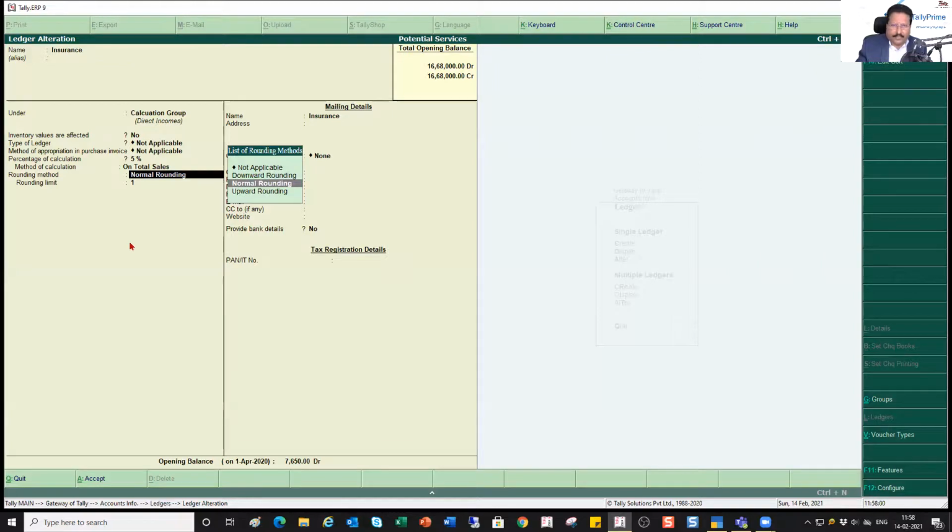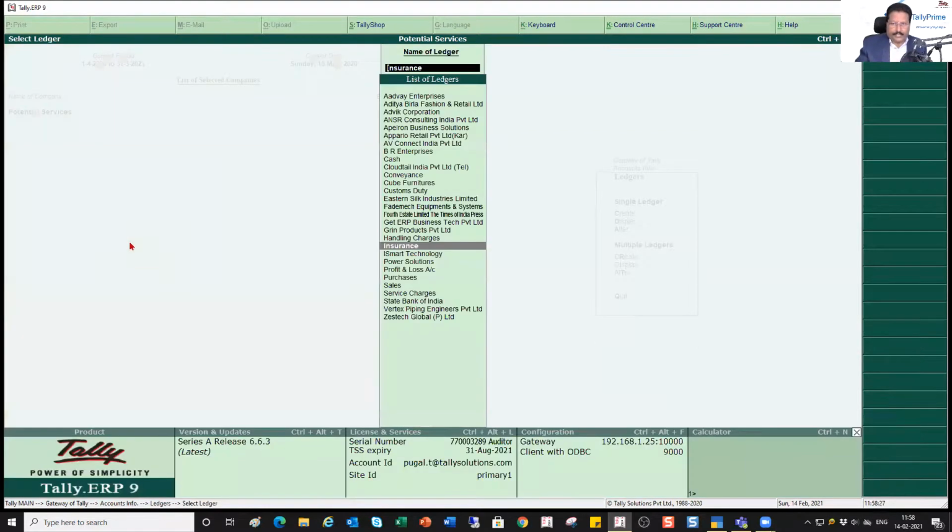So if you select normal rounding off, then Tally is going to ask you what is the limit. It is basically the units, tens, hundreds; normally you will not round off to hundreds. So unit means you are saying round off to the next unit, which is the next rupee, for ease of understanding, right? So the normal upward and downward rounding is going to happen to the single digit. One is what you are specifying. So I have done this. Now let us see how this calculation is going to happen.